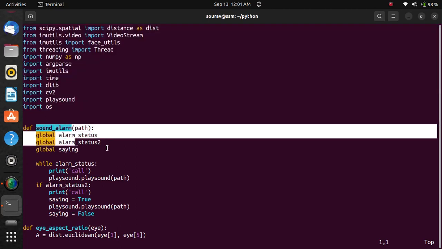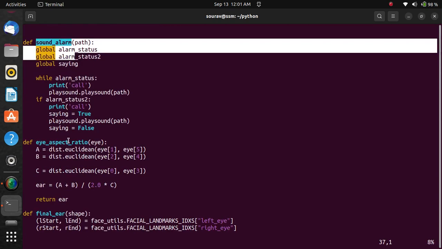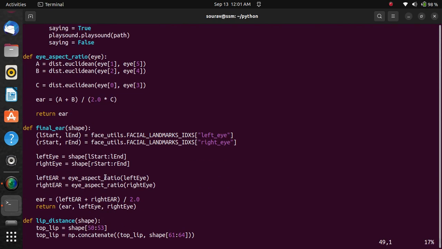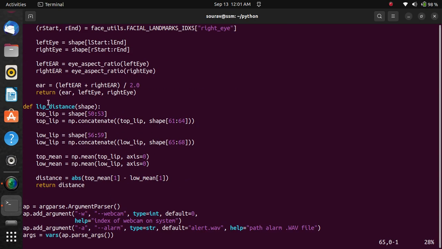Sound is required, and yawning is detected, then eyes ratio, then EAR. At yawning, EAR will also increase, sound will also increase because you are yawning. Then lip distance, that is very important in case of yawning because you are